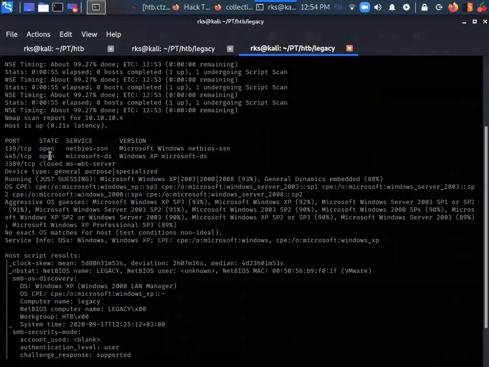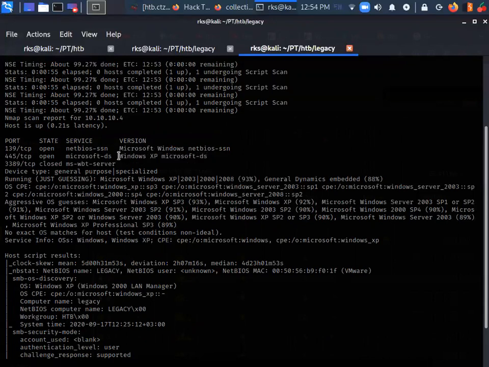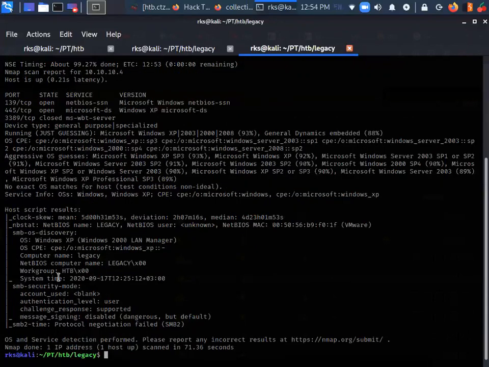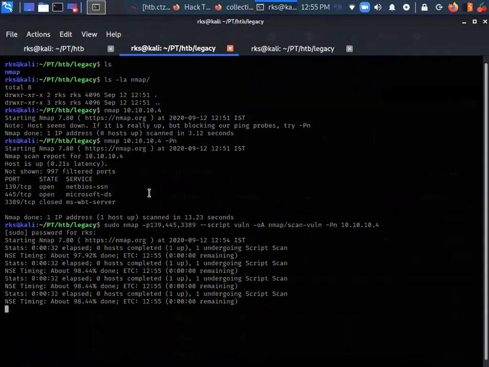Okay, so here I can see the target is running Windows XP. Very old machine. What else? The NetBIOS name is visible here. Nothing else. Let's wait for this scan to finish.